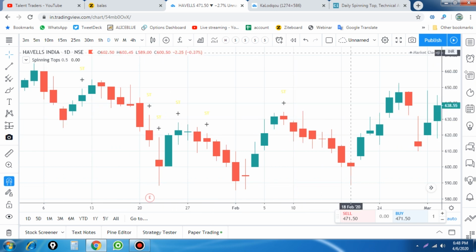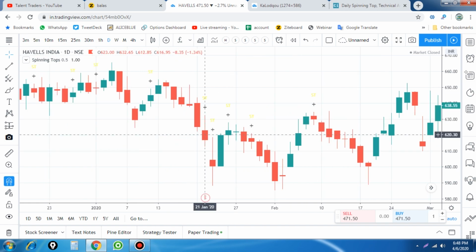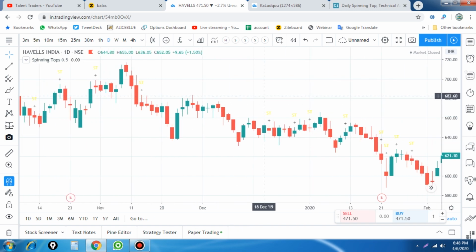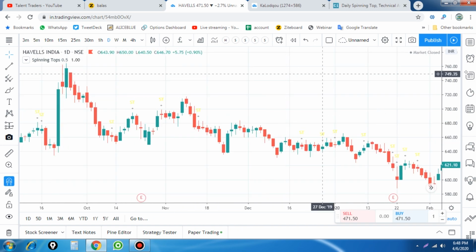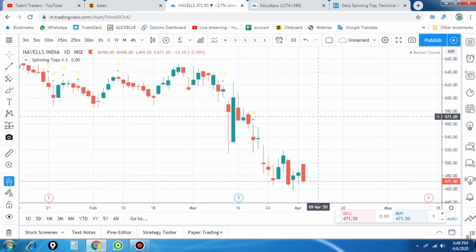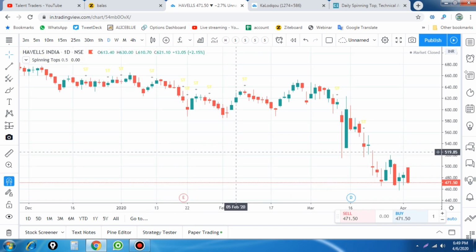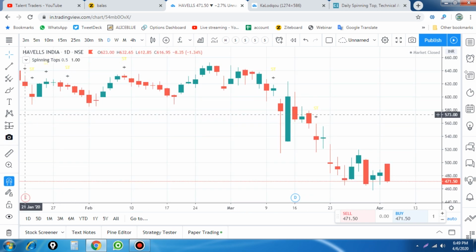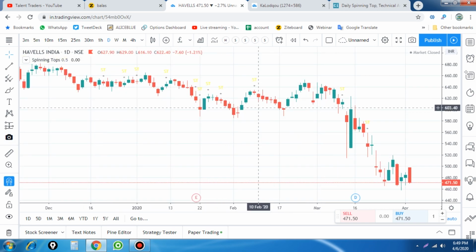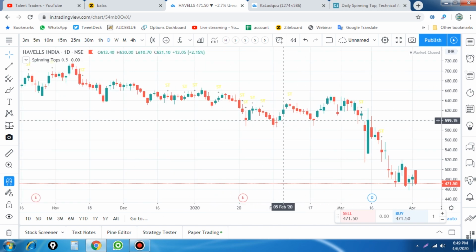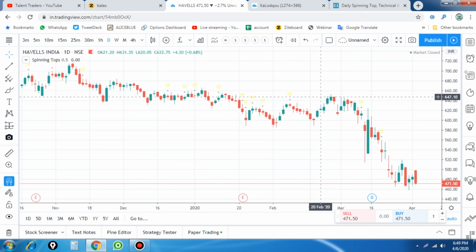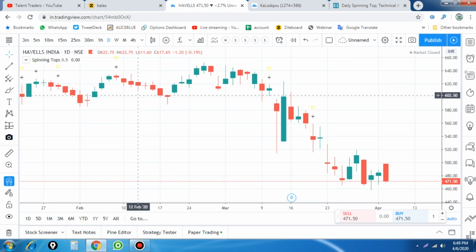Using this plus sign, I'm going to find out where I can get the right opportunity in the market. Wherever it forms, I'm going to check whether it is worthwhile or not. Here you see there are a lot of candlestick patterns. Previously the market was not in an uptrend, but compared to 590 it went up to 650, so it is almost an uptrend market. So wherever we get trade signals using the spinning top candlestick,